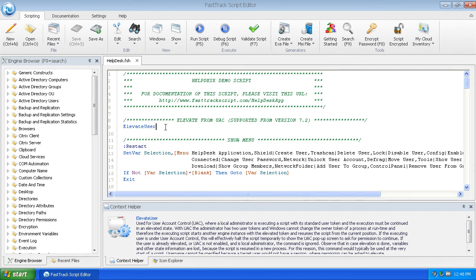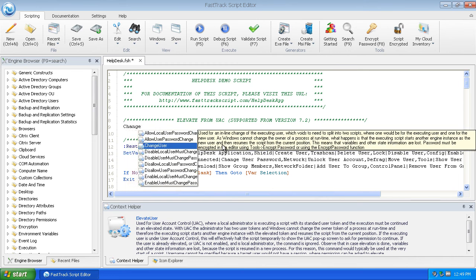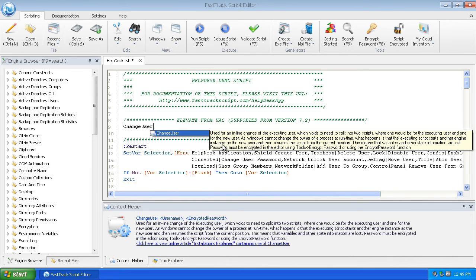So if you know the password but you're just logged in as a standard user, you can supply the administrator password and or credentials, username and credentials, and do it that way. Or there's another thing that we can do. So I'm going to use the change user if we do not want the currently logged in person to know any administration details. And I can see down in the context helper I need to supply a username and encrypted